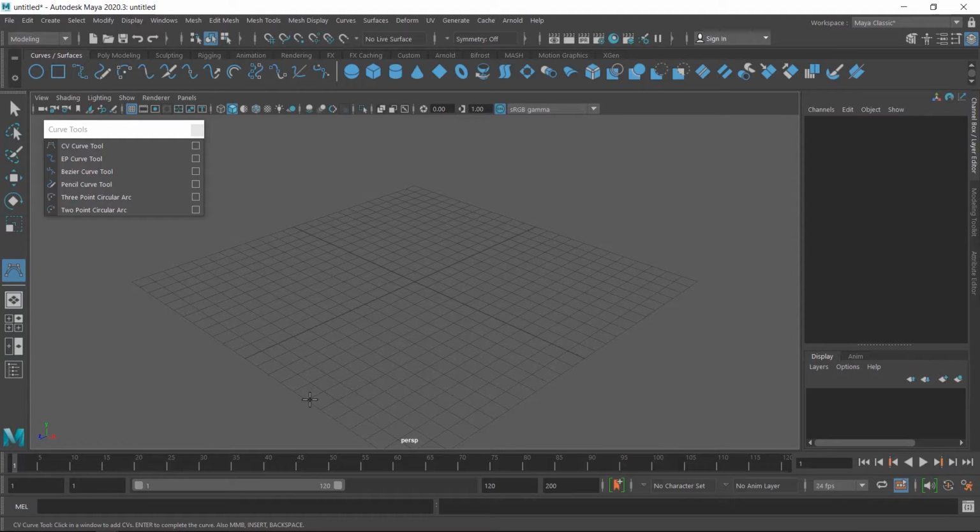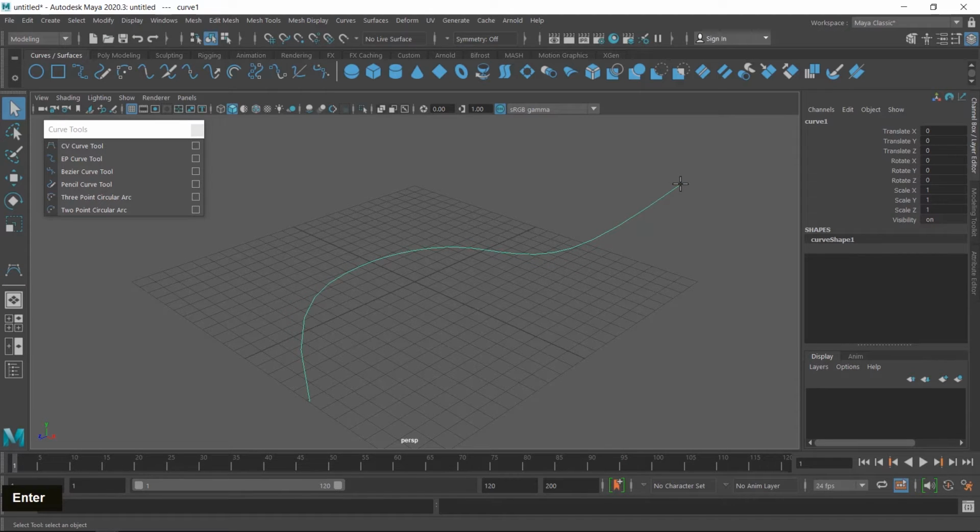I close this and create a curve. When I create 3 points on the viewport, I click on the first point, then second point and then third point. So it creates a hull, and the curve does not start creating. When I click on the fourth point, the curve starts creating. This white line is the curve line, and now I create more points and then press enter to exit from the creation mode. Curve is created.